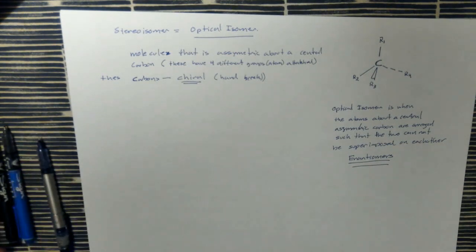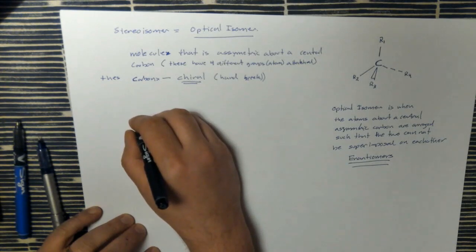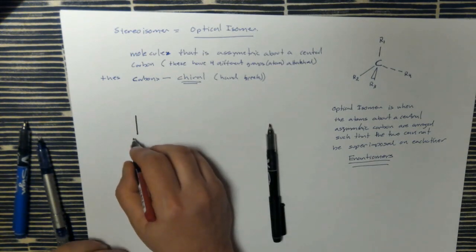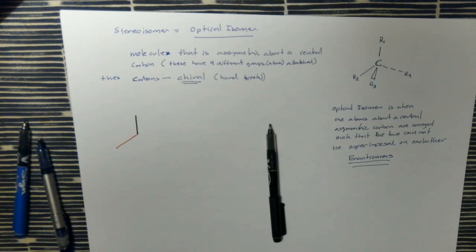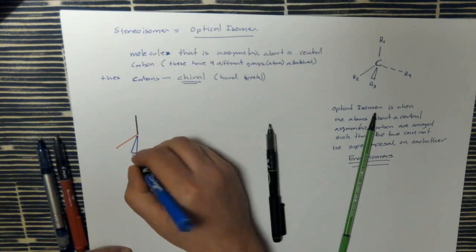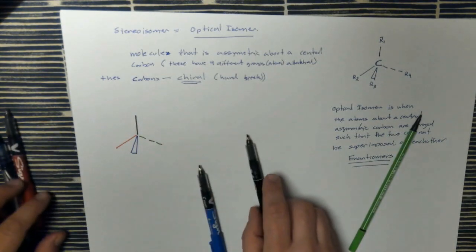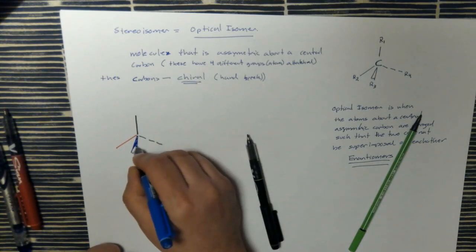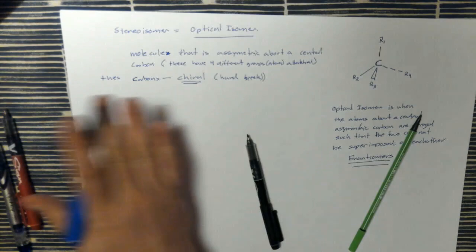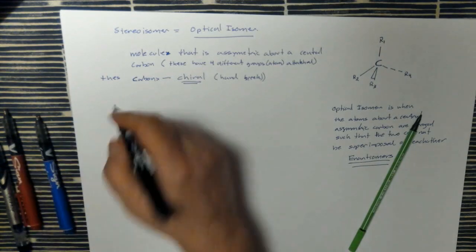So let's look at how that might work. Sometimes it's better to illustrate it. Some of these definitions become more clear when you see the drawings in front of you. So I'm going to draw in different colors here to illustrate this phenomenon. The central atom there, I'm not going to draw in too much detail, but if you have this situation, and once again reminding everyone, if the bond is drawn as a wedge, it means it's sticking out, the 2 solid lines are in the same plane as the paper, and the green dashed line is actually sticking back. Now if we enumerate these, then we get 1,